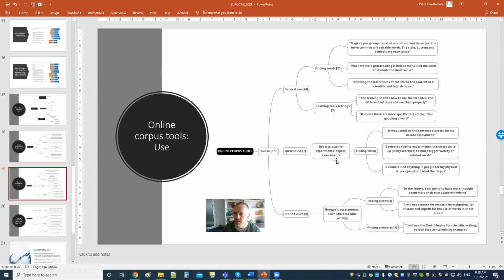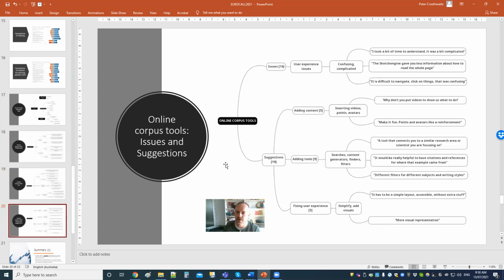Commenting specifically, they mainly focused on the use of corpora for finding words again within the writing that they were doing, so the science experiment reports, write-ups, and then also they talked about using them in different papers and assessments on other courses. Finally, they mentioned again that they would use corpora in the future, again, to find words and to find examples. In terms of issues that they had with the online corpus tools, most of these revolved around